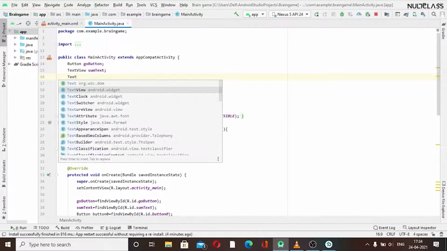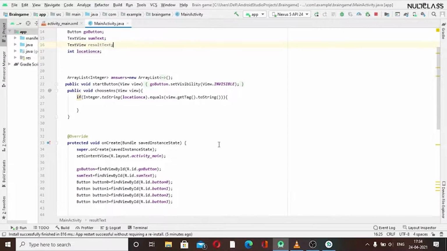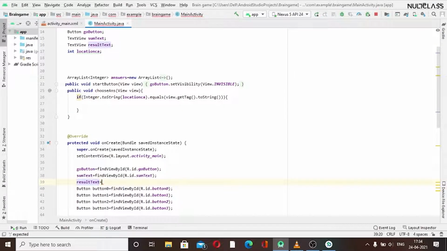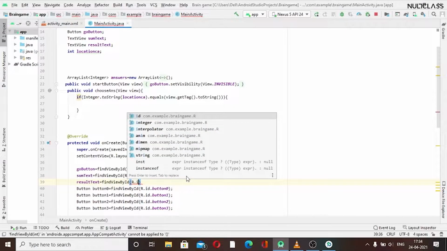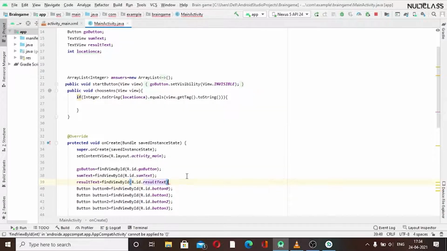So I will just quickly initialize it and give it the name result text, and also we have to declare it down here. So I will just use result text is equal to findViewById dot id dot result text here. Okay, so now we can use that anywhere.